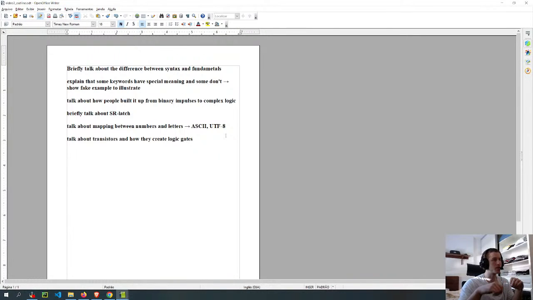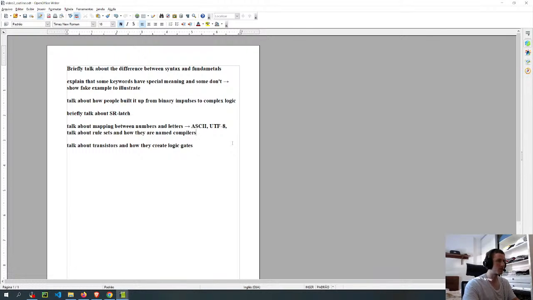Well, first we convert them into decimals, and then we arrange the numbers in a certain way that gives us a representation of a number through something that we agree with. So, talk about rule sets and how they are named compilers.